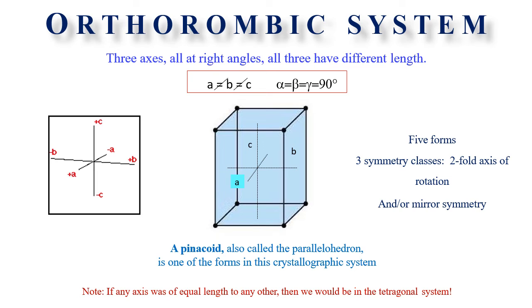Our next crystal system is the orthorhombic crystal system. All the crystals whose faces can be referred to the 3 unequal axes at right angles belong to the orthorhombic system. One axis is the C axis, that is our vertical axis. The one horizontal axis that runs from front to back is the A axis in the reading position, and the other horizontal axis that runs left to right or right to left is the B axis. Formerly the B axis was referred to as macro axis or long axis, and the A axis was referred to as brachyaxis or short axis.